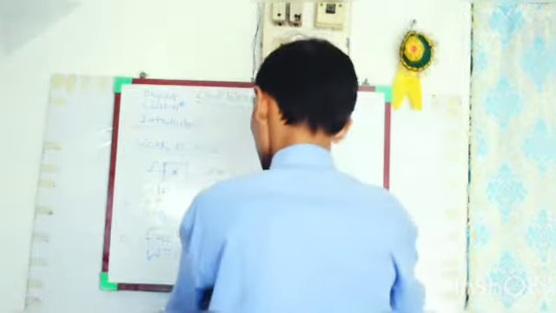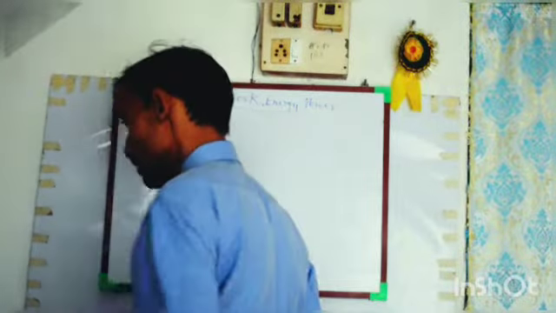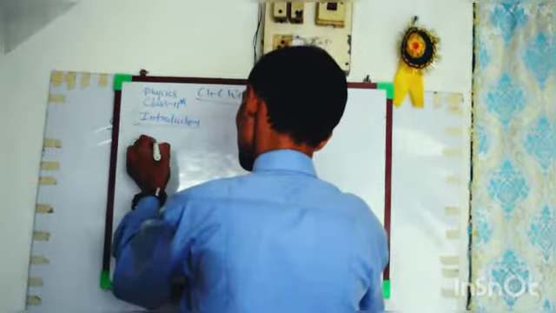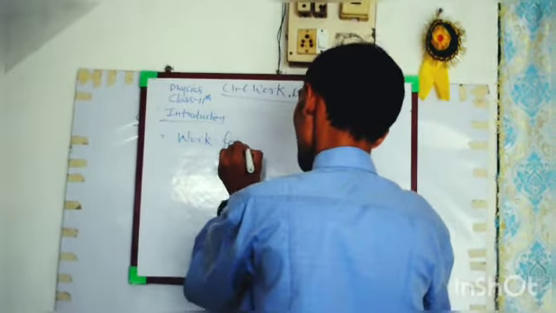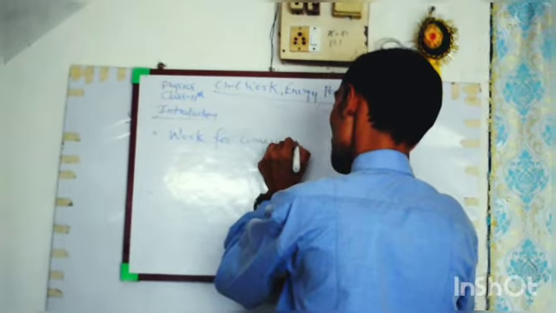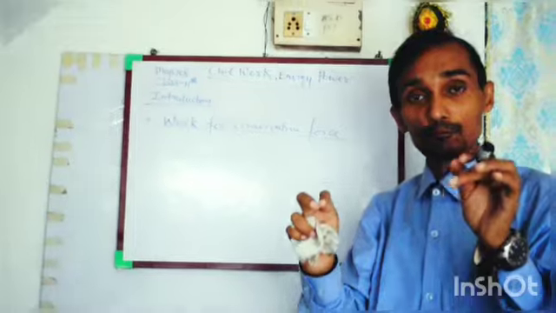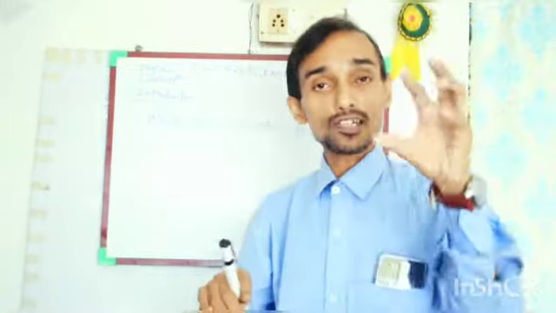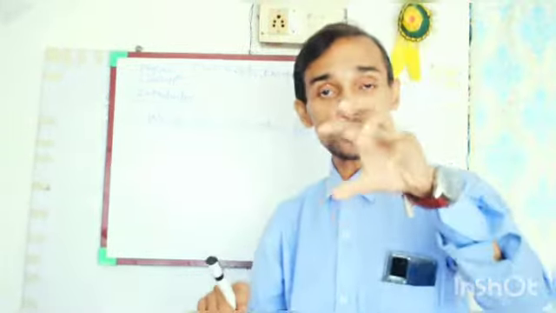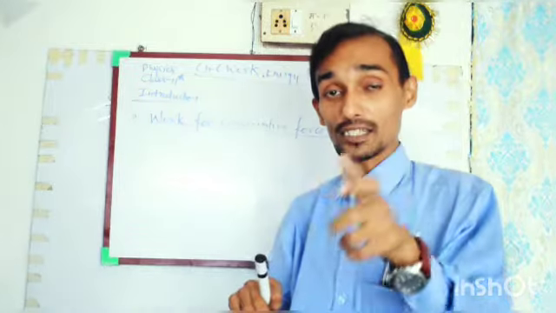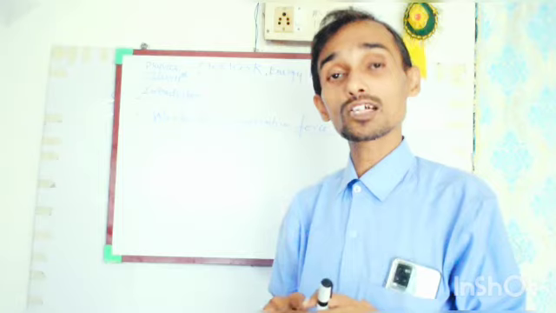Right now we will see that work can be obtained in the form of conservative force and non-conservative force. Work for a conservative force: what is the meaning? Let's see that. If a body is moving from one point to another and it does not depend on its path, it depends only on the initial and final positions, then that will also produce work, and that work will be